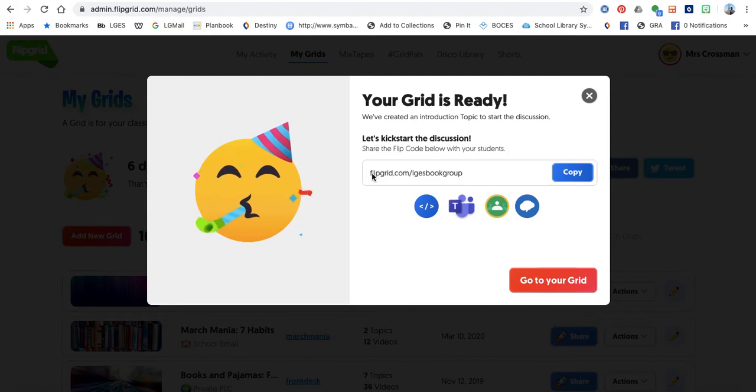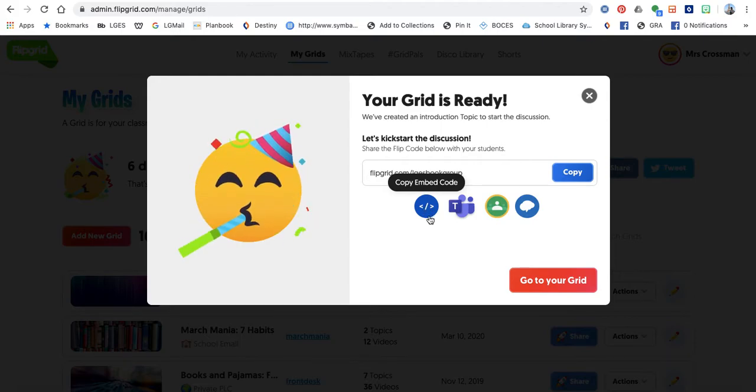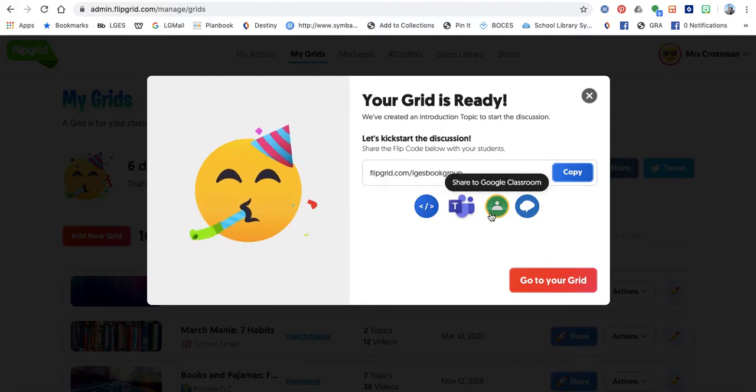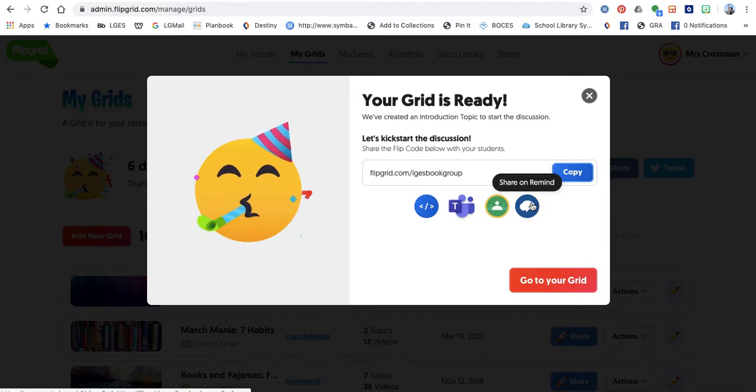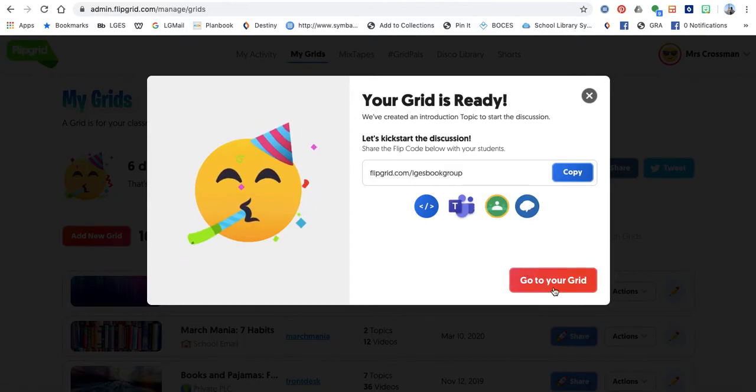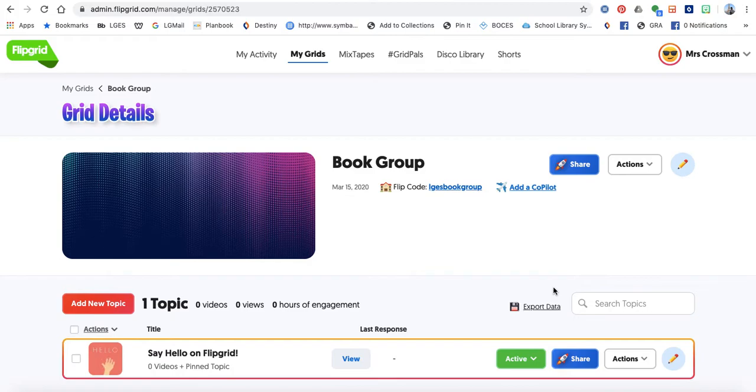If you want to share this with your students, this is the code that they will need to put in after they put their email. You can embed it on your website, and you can also put it directly into Google Classroom or share it on Remind. So if we want to go to our grid, once you get into your grid,